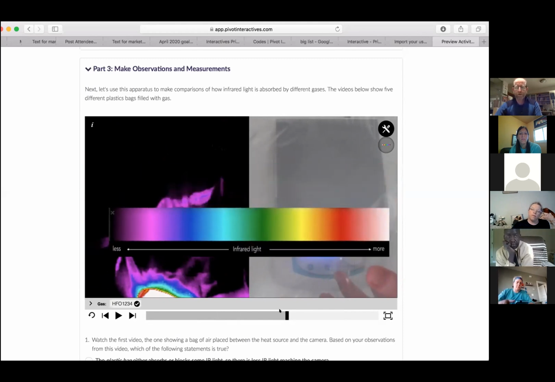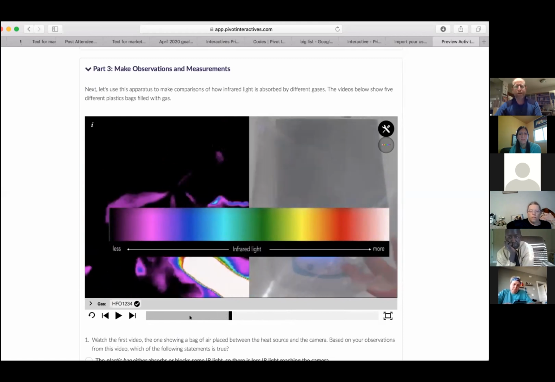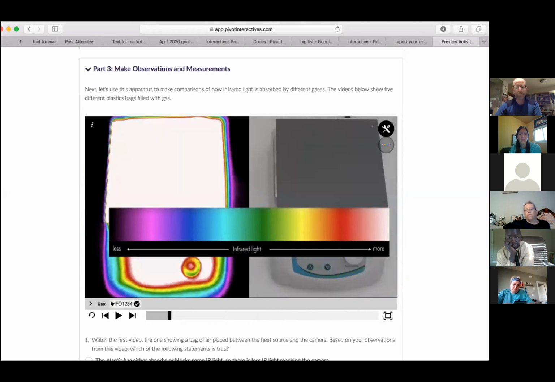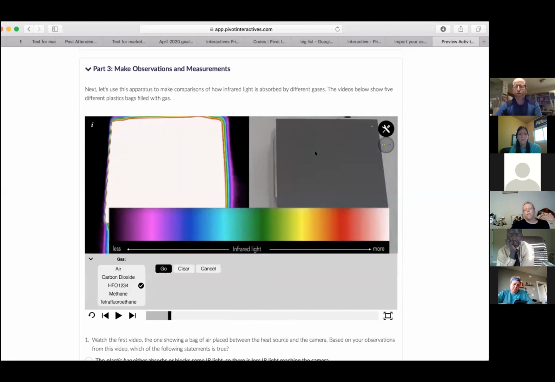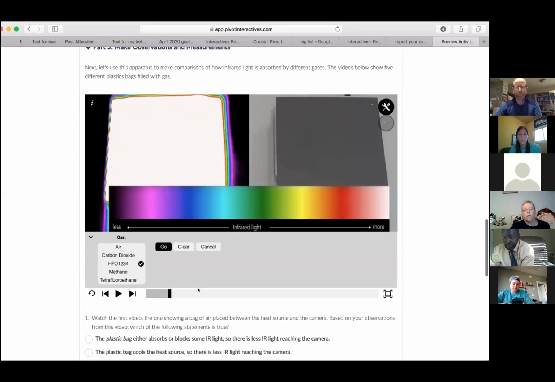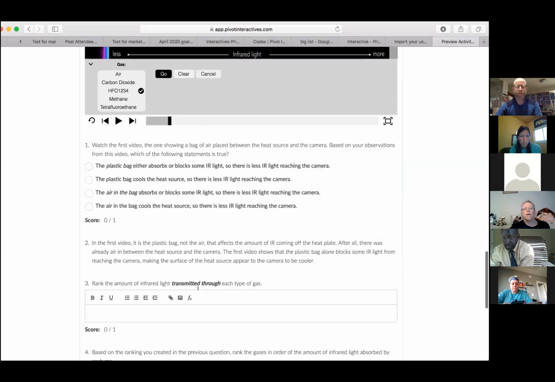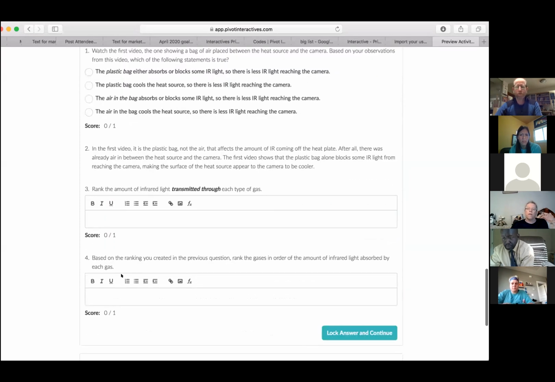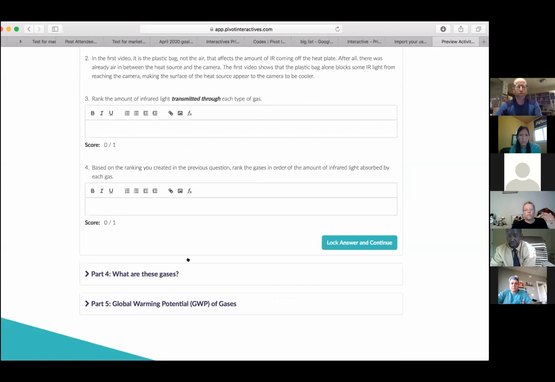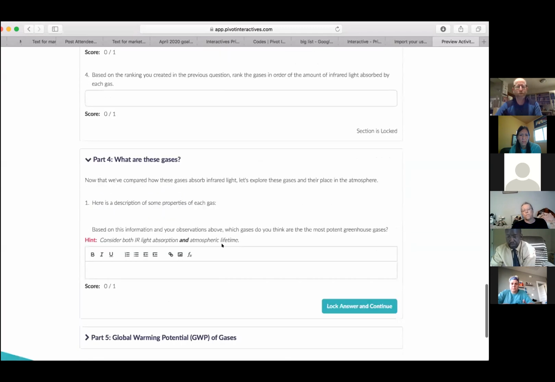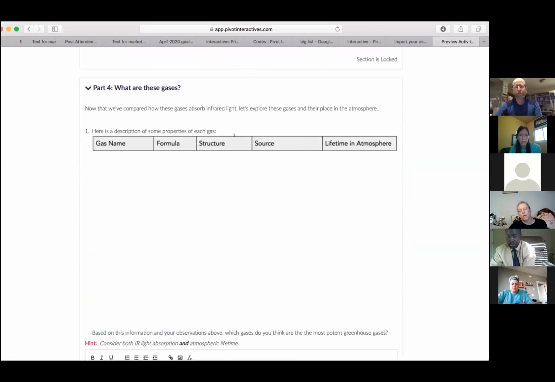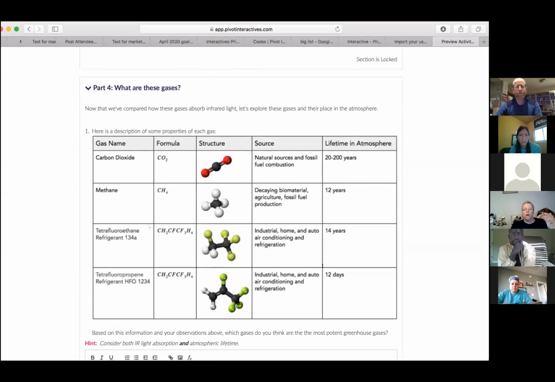So this is not quantitative. Students don't have to know any math. They're just making observations about how these different gases look different when you view them in visible versus infrared. And it's a really important part of the greenhouse effect. And then we have more instruction here about, well, what are these gases? Where would I find those? So we have a little table that describes what these different gases are,